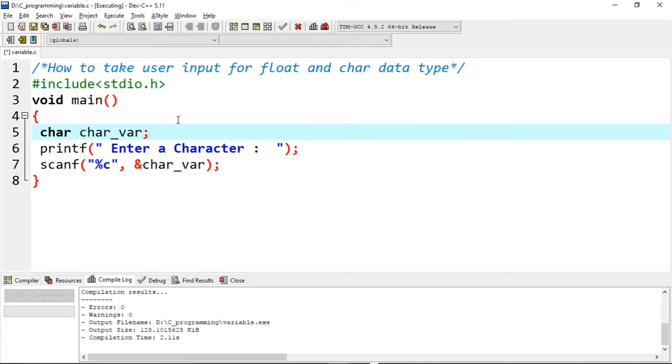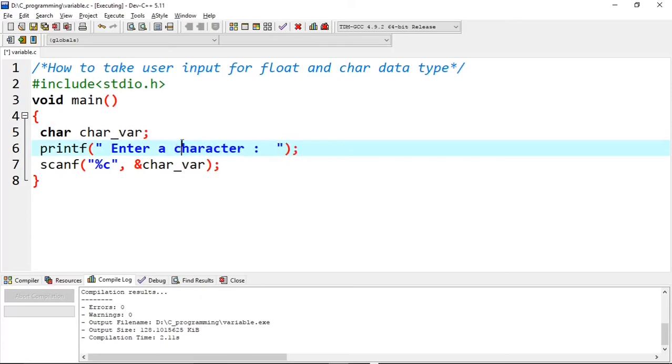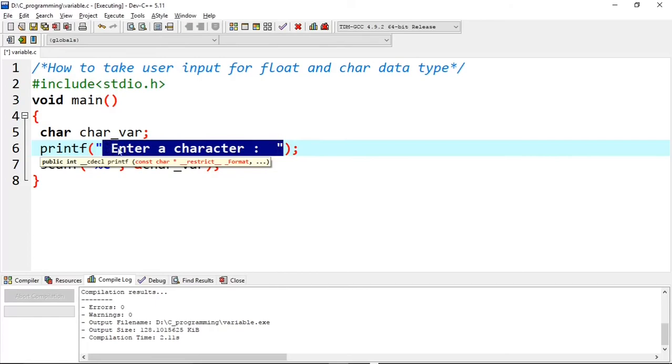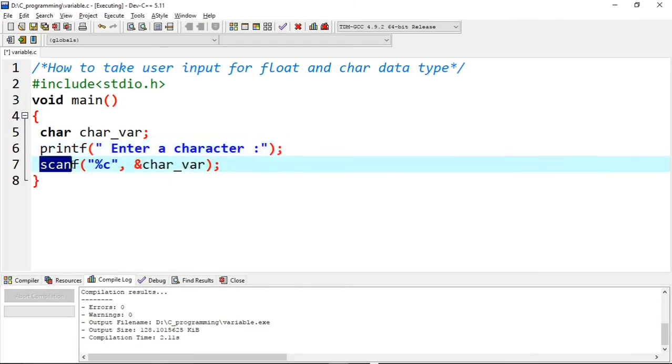Here I have declared the character variable, and then I am printing enter the character. Once the user enters a character, it will be displayed. This sentence has to be within double quotation marks, and then finally I'll be scanning the character with the scanf statement. Remember, to scan any character you have to write %c with the quotations intact, comma, ampersand. As I mentioned, it is the address operator, and then the character variable.